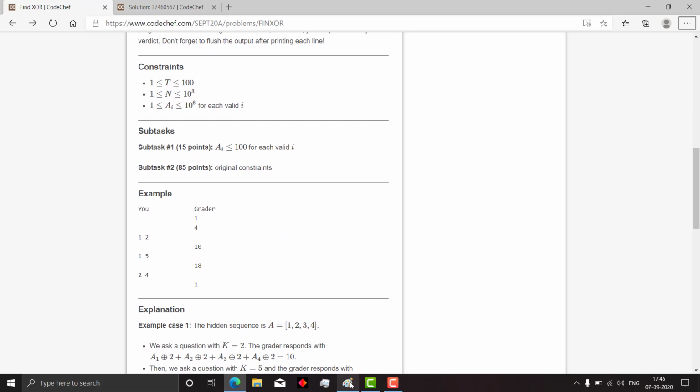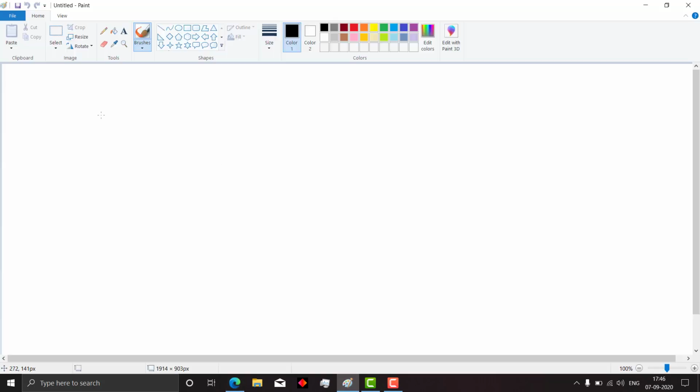So basically, let us take a look. ai is less than or equal to 10 raised to the power 6, which is approximately less than or equal to 2 raised to 20 minus 1.